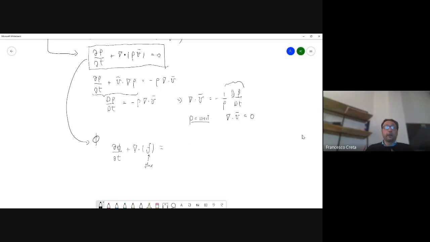So if I'm putting a certain quantity of phi, it could be, for example, a color in a liquid, okay? An ink in a liquid. That will be conserved, okay? It could be more or less dense because it expands throughout the liquid, but it won't be destroyed or it won't be created. However, if you're talking about a certain species, H2O, for example, in a chemical reaction, well,